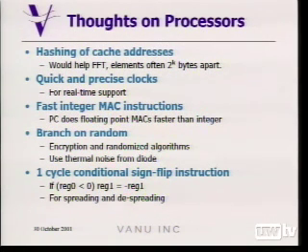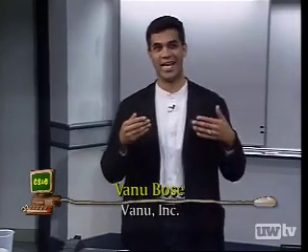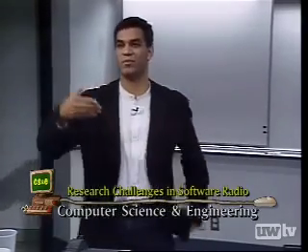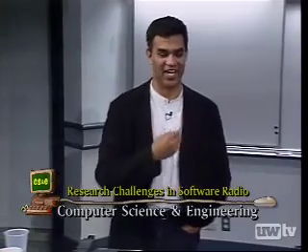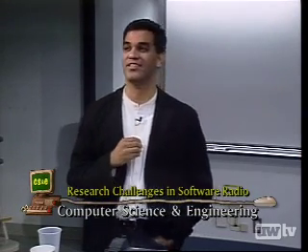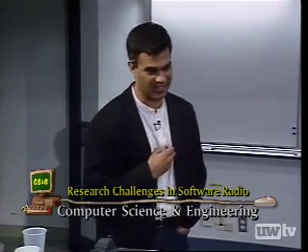Here's an annoying thing, faster MAC instructions. It turns out that the PowerPC does floating point MACs faster than it does integer MACs. In fact, I don't know if it's true in the latest version, but on the previous one, I looked in the manual and added up the cycles to do an integer MAC, and it was exactly the same number of cycles it took to do an integer to floating point cast, a floating point MAC, and a floating point to integer cast. So integer MACs are really important, and it kind of annoys me that, on one hand, I'm really glad to have fast floating point MACs. That's important for a lot of things. But for a lot of other things, you don't naturally keep your data in floating point format, and you don't want to have to cast it.